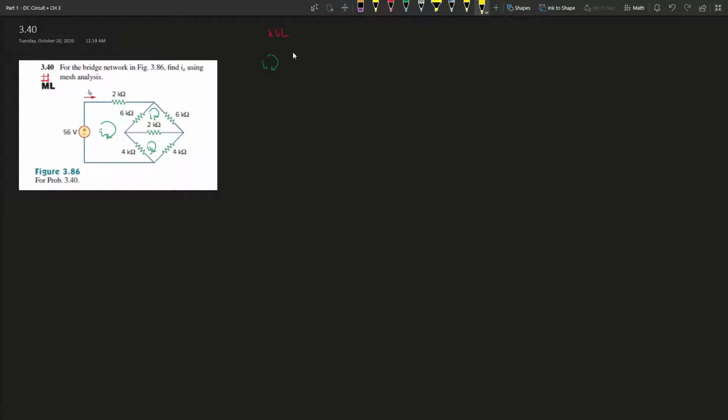Going clockwise, it enters the negative side of the volts, so it's negative 56V, that's just how I've been taught, plus 2k ohms times I1, and then it hits the 6, so plus 6k ohms times